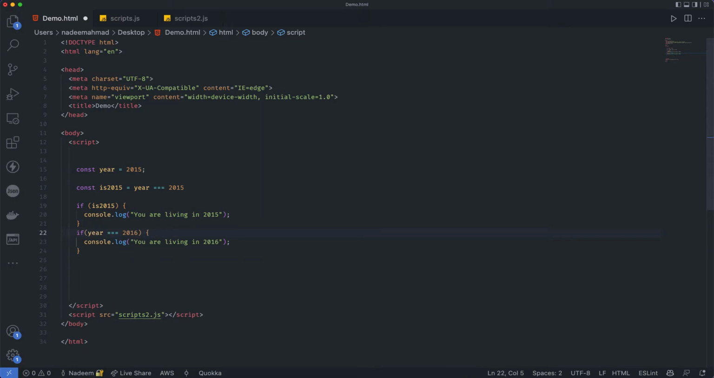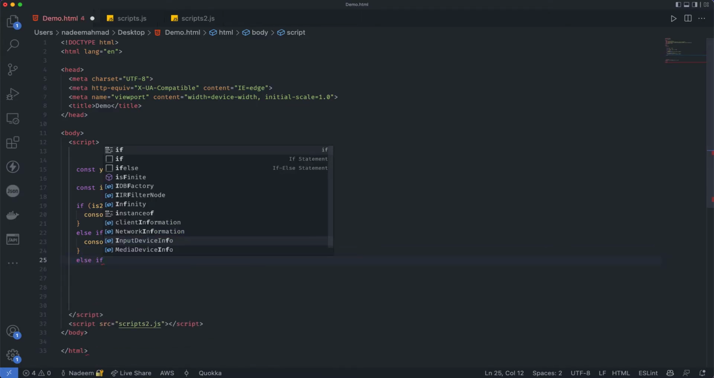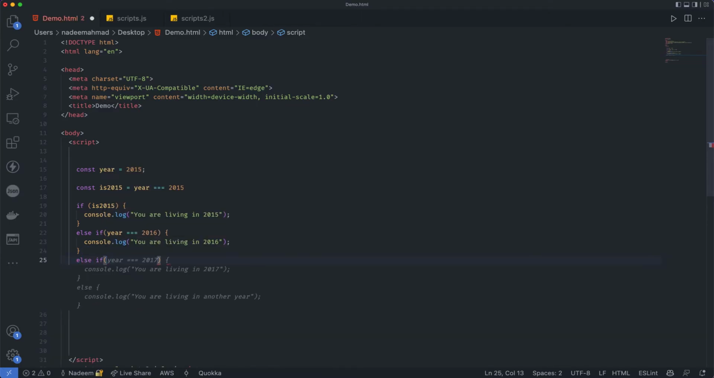So this is another condition. I have to do it this way: else if the year is 2016, then run this. If this condition is true, then it will run this. If it is false, it will just come to the next condition, and if that condition is true, then it will run this. Otherwise, I'll just add another condition, else if, for example,